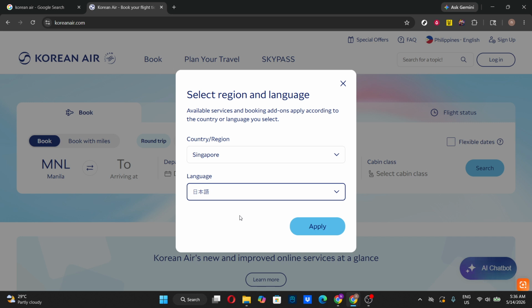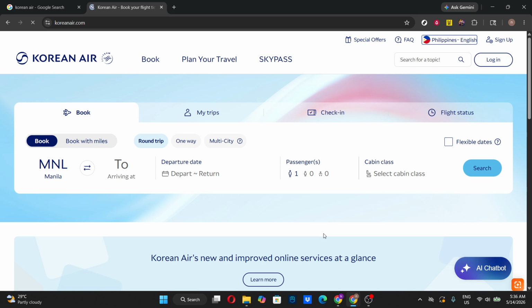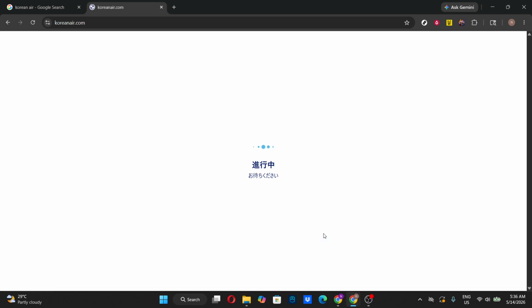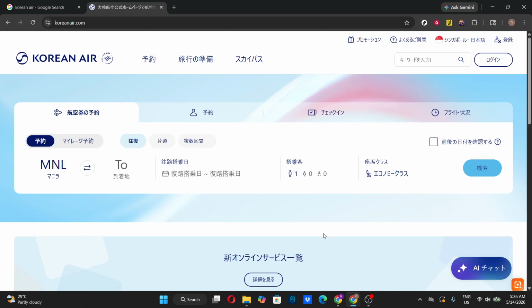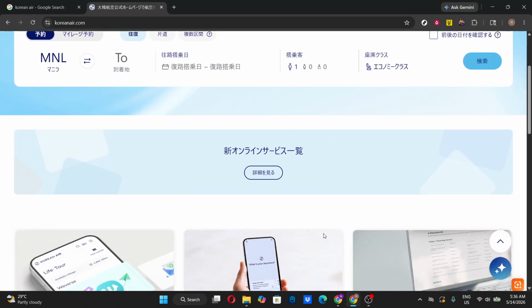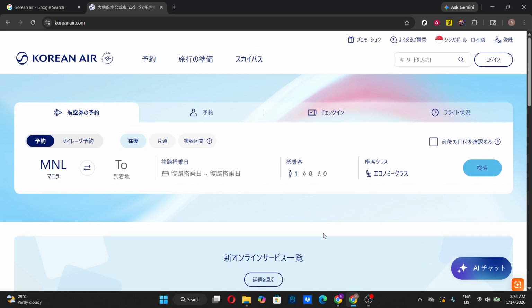After you've set both the region and the language, look for the Apply button at the bottom of the panel. Click Apply to save your choices. The page will refresh, and you should immediately see the interface update to reflect your selections. Headers, menus, and key content should now display in your chosen language, and region-specific details should align with the country